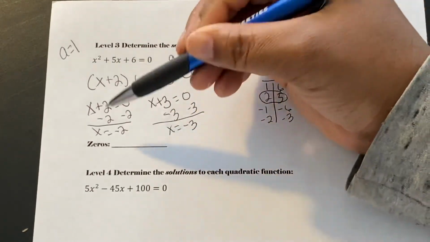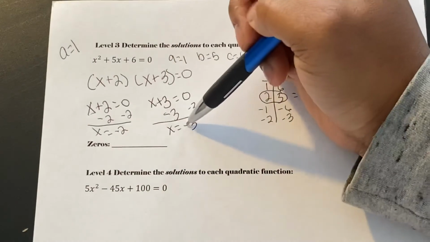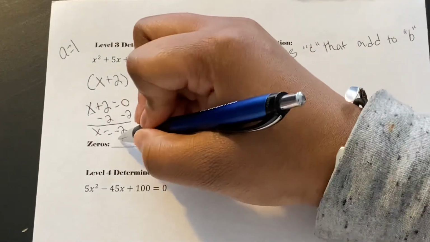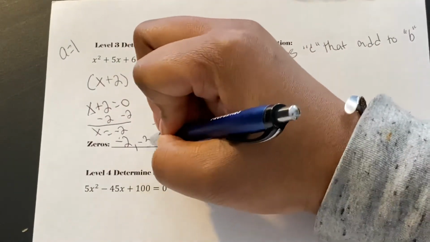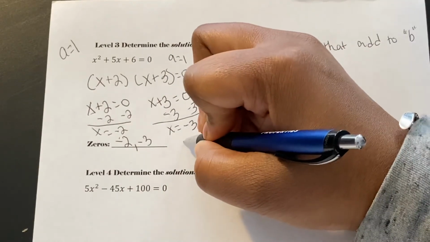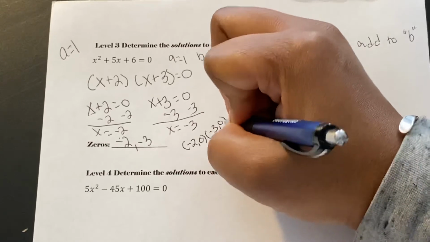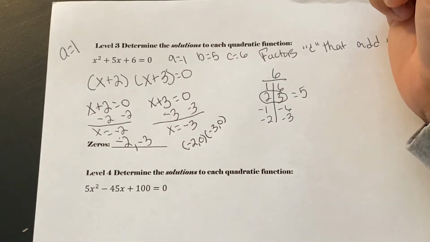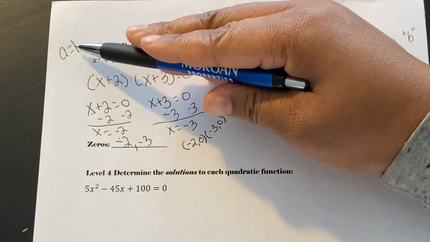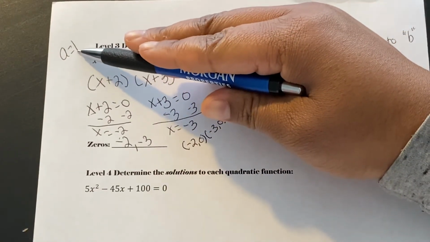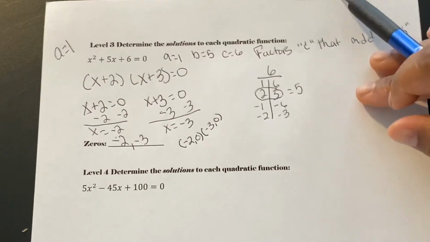So when I do that, I get x equals -2 and x equals -3. So my zeros are -2 and -3. If you write them like points, that's just fine. It's all the same. Okay, that's level 3, when the a term is already 1. Let's look at